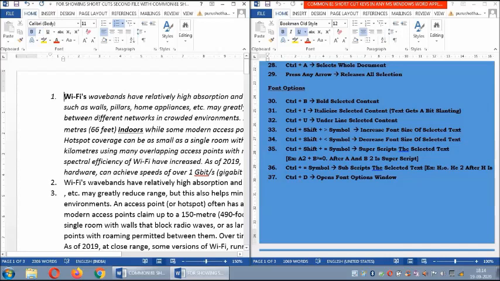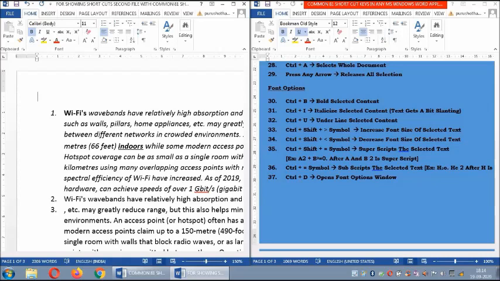Now Control Shift equal to. What is superscript, what is subscript? Generally we write dates. Here you see 23rd, that "rd" in December or September, this "rd" is called superscript. So how do I make particular content superscript? I have written here a square plus b square is equal to 0, like this. Here these 2s are superscript. Now a2 also uses Control Shift equal to. A and b 2 are superscript. How do I do it? I want to make some design like that. I want this C to go up.